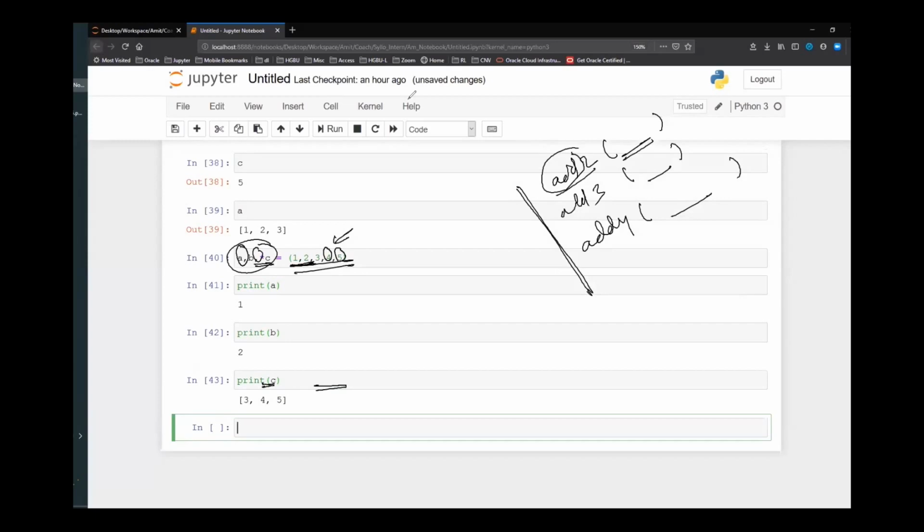So a similar idea we will use in our function to accept more than one value.